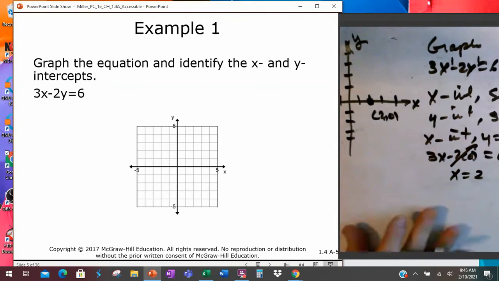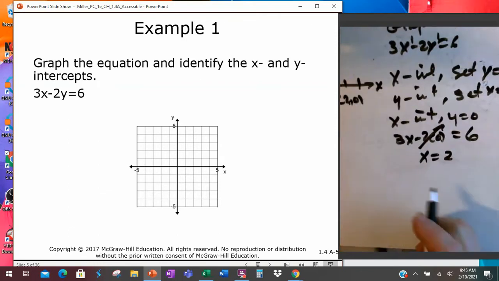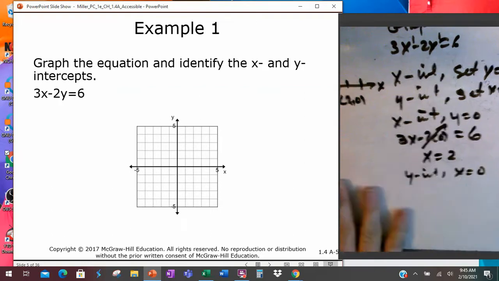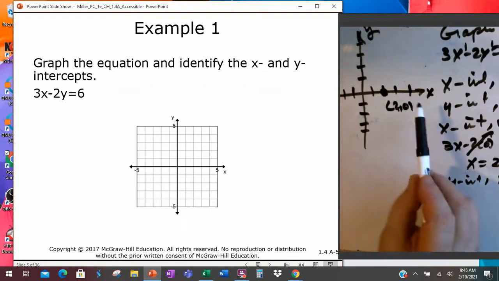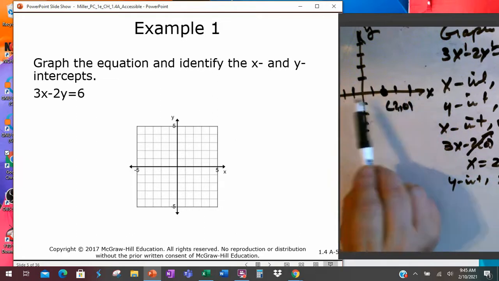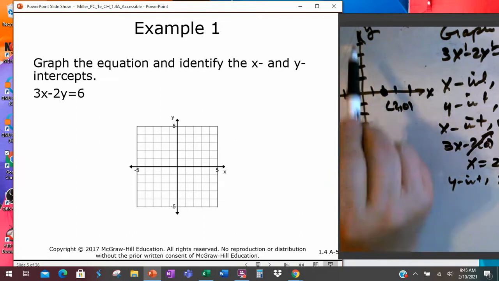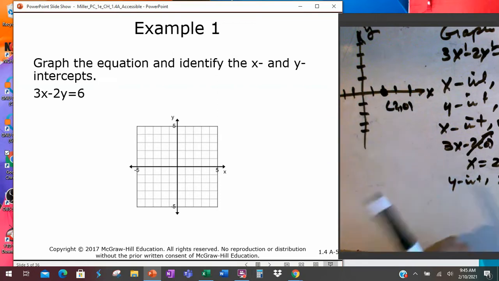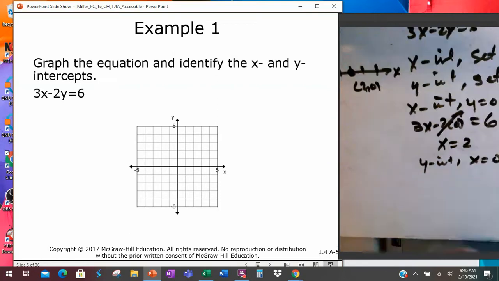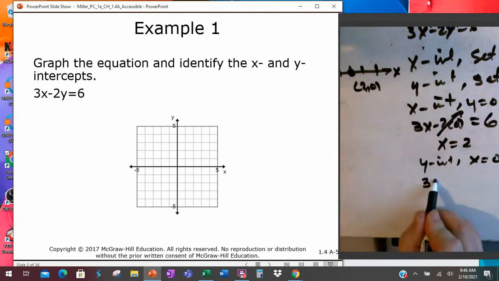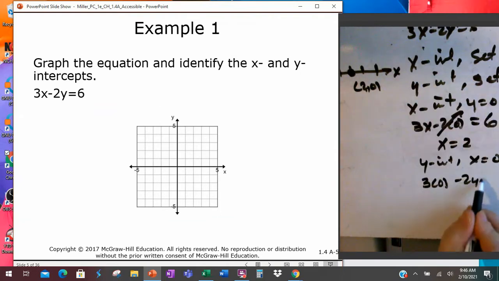Okay, and then I'm going to go back over here and find my y-intercept by setting x equal to 0. All along the x-axis, y is equal to 0, so that's why it's the x-intercept. All along the y-axis, x is equal to 0, hence the y-intercept. So I set x equal to 0 and go back to my original equation: 3 times 0 minus 2y is